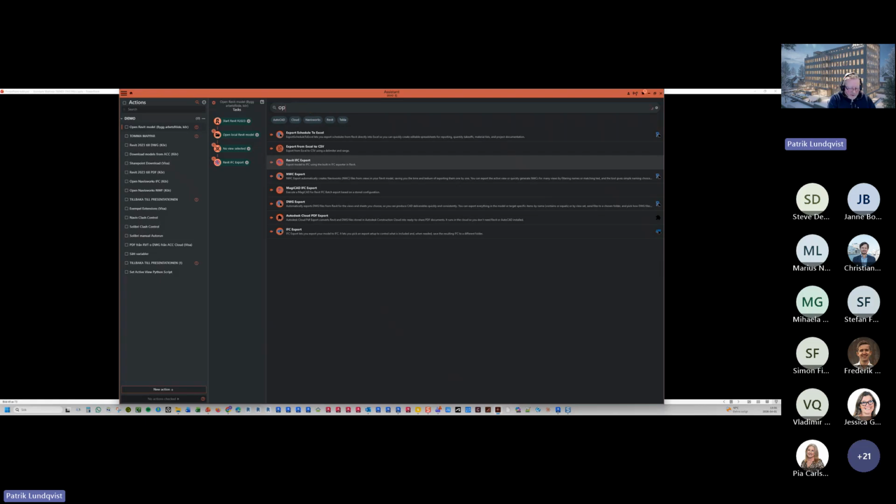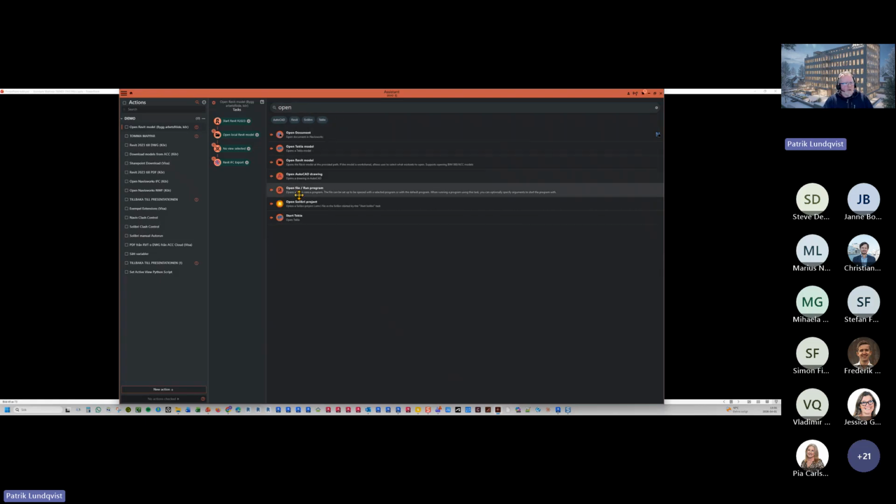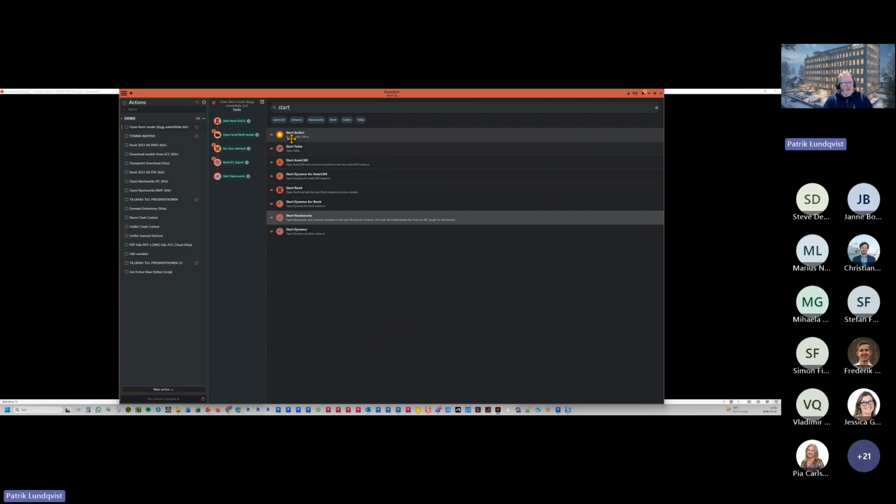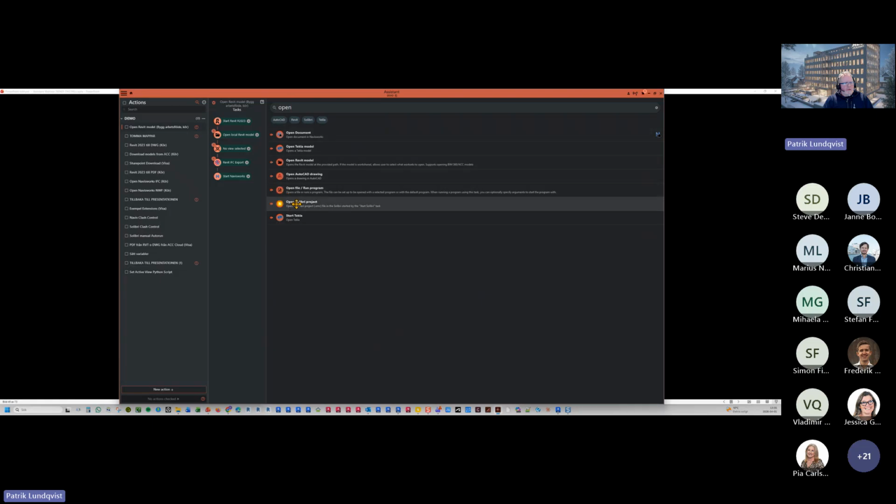So we want to open the next software. We want to go in and open Navisworks or Solibri maybe. Start would be a better word than open. We want to start Navisworks, but as you can see, we can start Solibri as well if we prefer. And of course, you would like to open some Navisworks document. So I think you get the idea. And this is all a